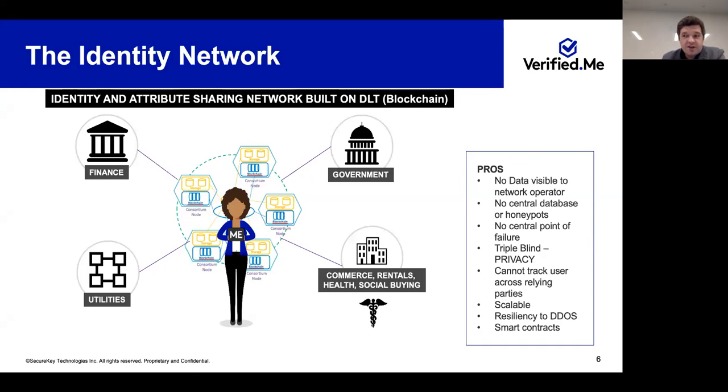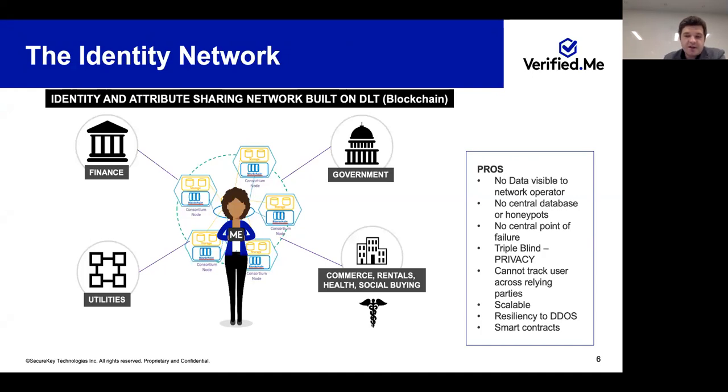Utilities, in this case, it could be a telco providing some information on your address or how long you've been at the specific address, or maybe it could be your cell phone provider providing your real-time location if you need to, or maybe to prove that your SIM card hasn't been changed for, say, 6 months or a year, and to make sure your phone hasn't been stolen, that somebody just swapped out the SIM card in your phone. And of course, probably the largest market would be companies who would consume that identity.